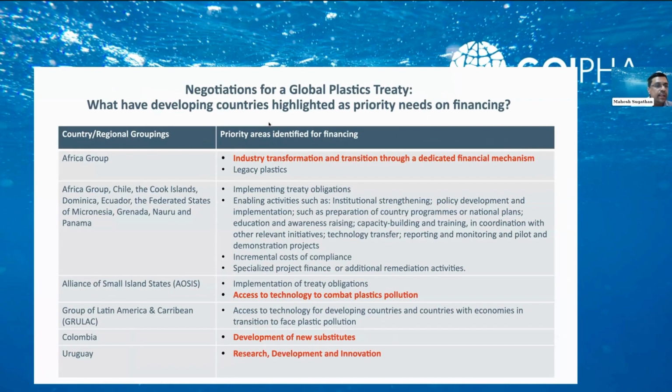So in this slide, I'd just like to touch upon what this means for a global plastics treaty. And one particular thing I would like to highlight is the need for financing. So developing countries have highlighted a number of priority areas and needs on financing, and they have specifically mentioned the development of new substitutes. They have also mentioned research, development, innovation, and they have mentioned industry transformation and transition through a dedicated financial mechanism. And this is something that stakeholders could potentially take up at the INC to say, well,